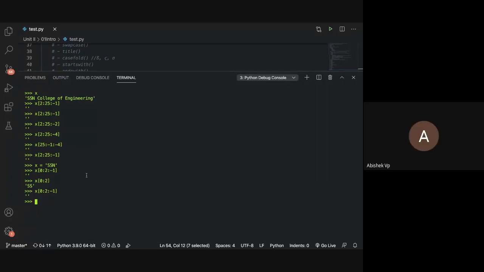Sir, I have a logic, I don't know whether it's correct or not. Like when you're telling 2 to 25, start from 2, go backwards till the 25th position. So will this 25 be in the string or somewhere else? Get my point? Okay, forget about the 25 thing now. Now see this smaller string SSN.